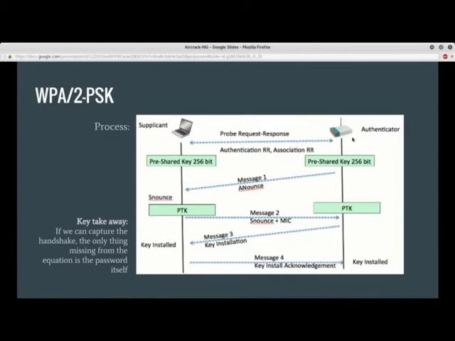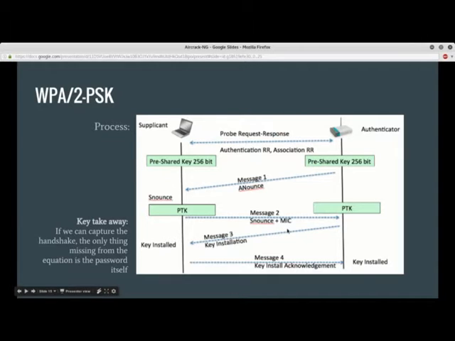It consists of the password itself that we use. It consists of the MAC address of the client, the MAC address of the authenticator, the SSID of the network, and these couple of random numbers. We have this A nonce and this S nonce, and all of those are a couple of random numbers that we're jamming into this equation in order to get what's called the pairwise temporal key, which is just this temporary